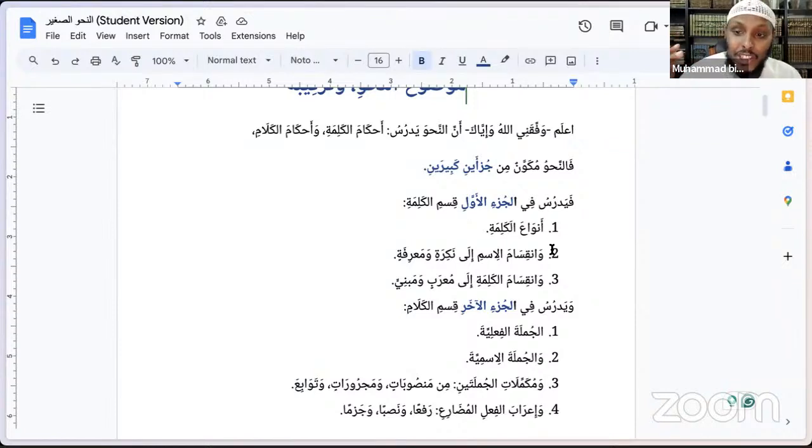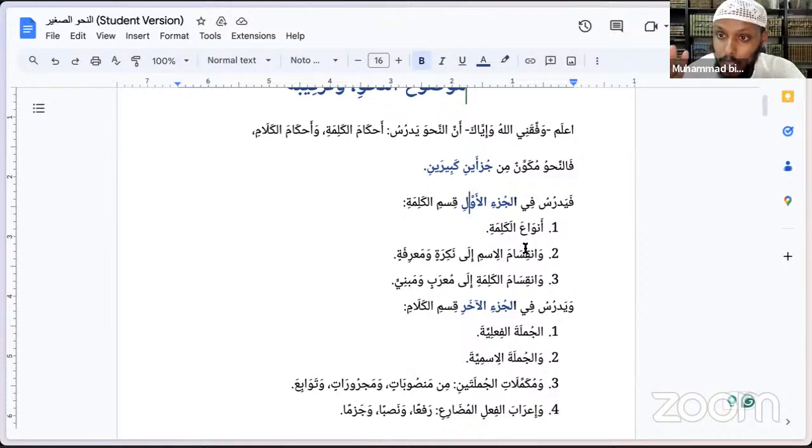Right? These changes. Why these changes? Because of kitab being part of different sentences. Every time it's in a different sentence, it looks slightly different. Maybe it's kitabun, maybe it's al-kitabu, maybe it's kitabin. These changes that kitab, that book, that word goes through, that's what Nahw also studies. But that's what we call ahkamul kalam. So these are the 2 sides of Nahw. Okay? But the 3 things that are related to ahkamul kalima, to the word itself, before it's part of a